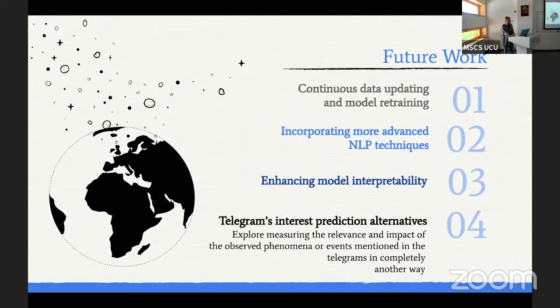And the most important part is that the telegram interest prediction, or the impactfulness prediction, was built primarily on the hypothesis that the citation rate is the best determinator of the telegram interest. Well, there could be a lot of other possibilities. We could make some unlabeled clusterization problem. We could make some recommendation or ranking system. So there are a lot of alternatives to explore.